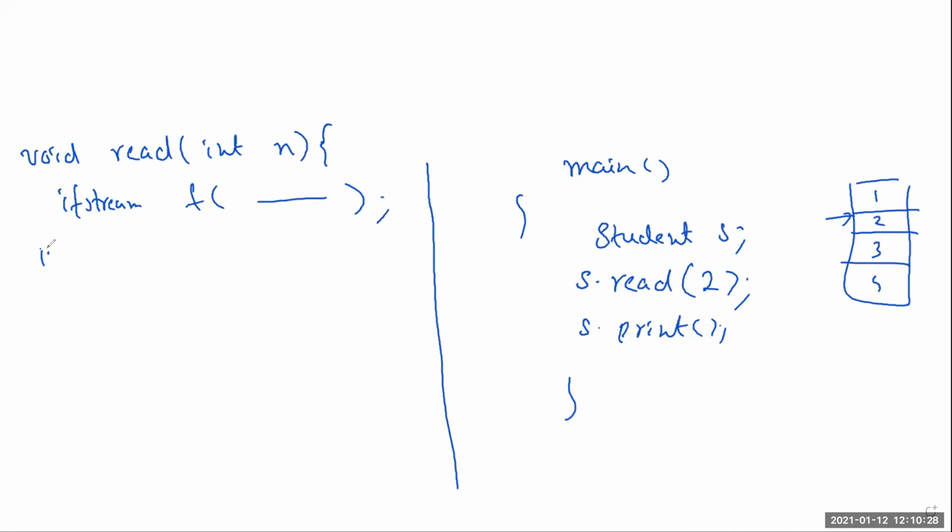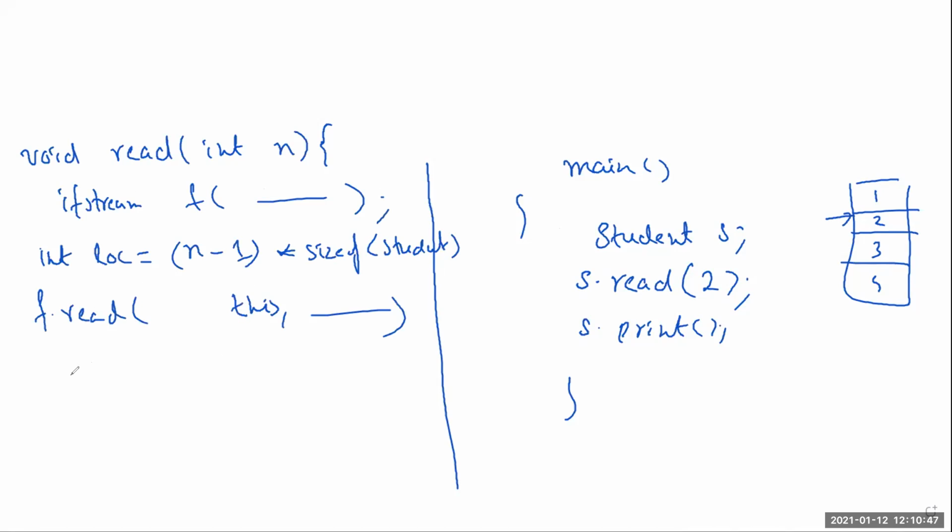And as you know, how do we move the file pointer? If I want record number n, I have n minus 1 into size of student. And when you will write read, the only thing is that here you will be writing this. Rest everything stays exactly the same. Okay, so when you write s dot read,